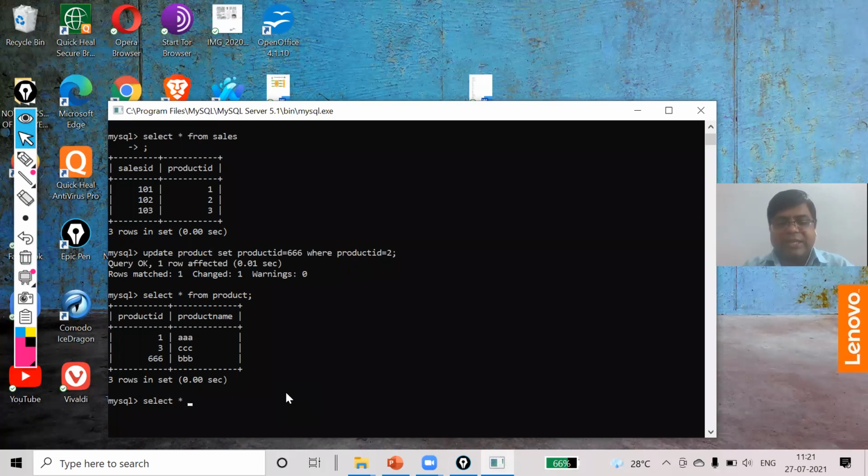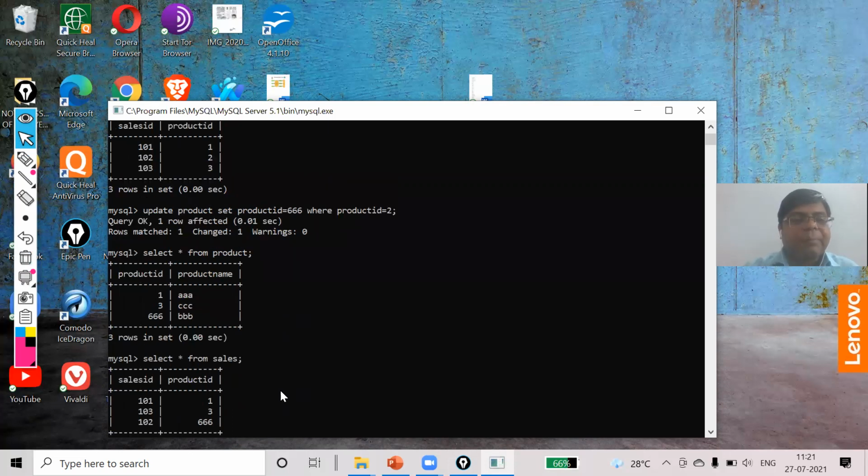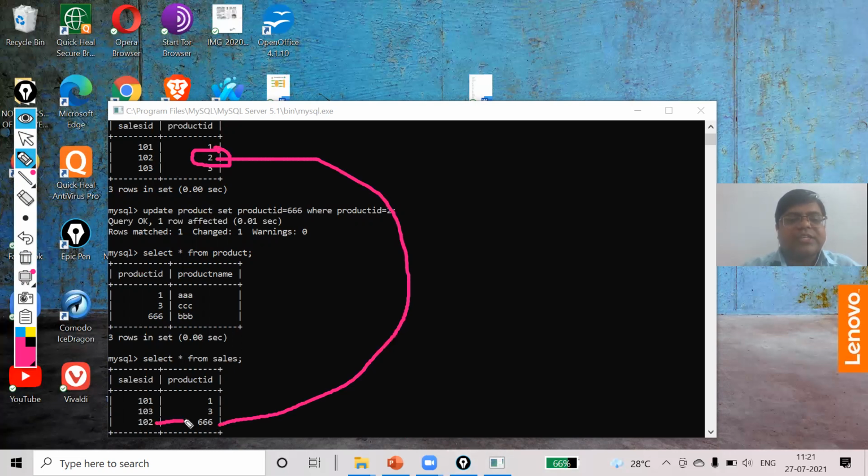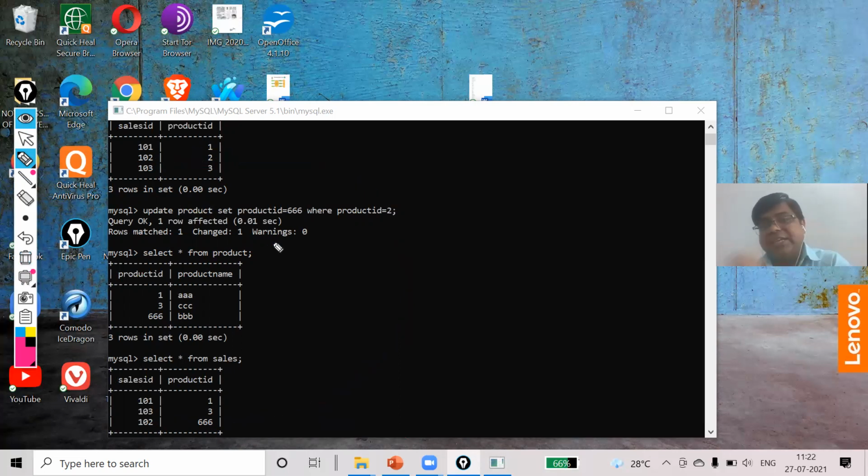Second one is select star from sales. Now compare here in sales: where you had product ID 2, that has been changed into 666. You can see it. So this is the benefit of the update command in MySQL, especially in a database. I hope you have understood all these topics. Thank you.